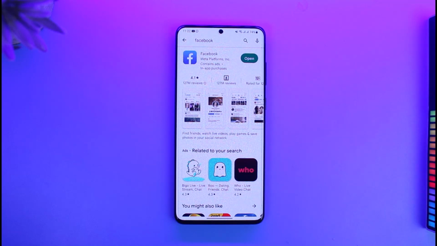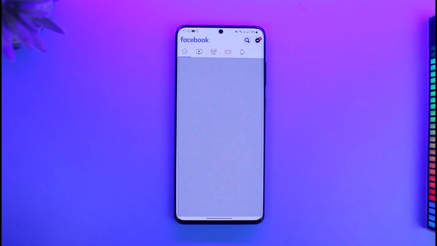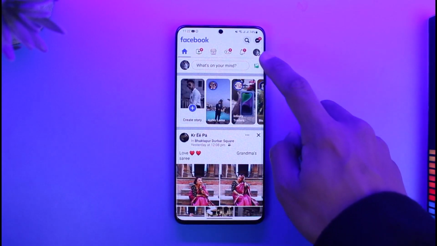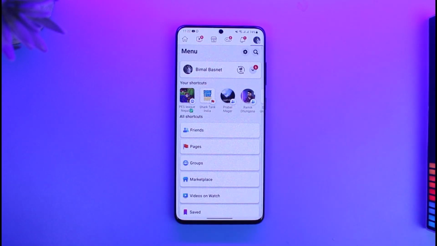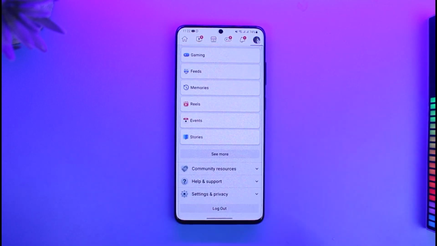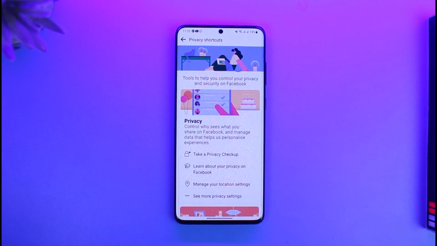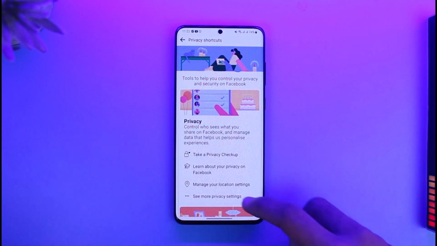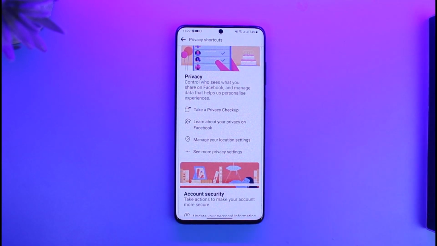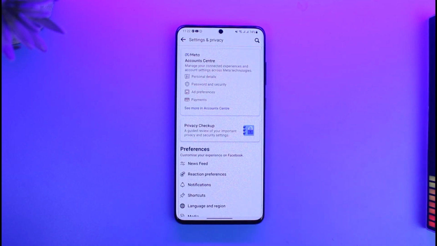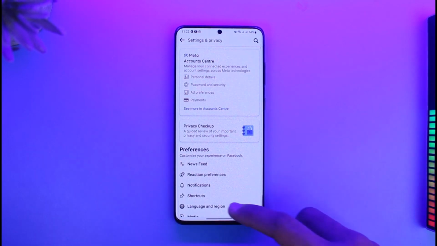In order to find where the option is, just open up Facebook, and then tap on the menu icon from the top right. Once you tap on the menu icon, scroll down to the bottom, go to settings and privacy, and then go to privacy shortcuts. Once you go to privacy shortcuts, in this tab you'll find the option called see more privacy settings. Just make sure to tap on the see more privacy settings button, and as you do that, over here you'll